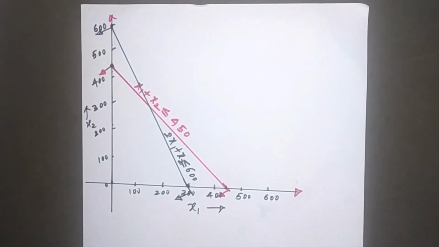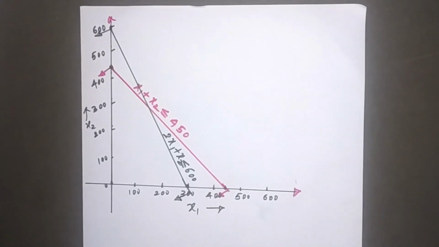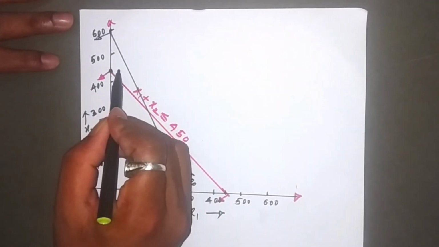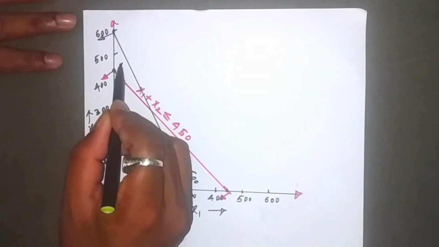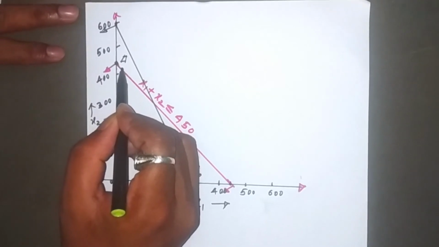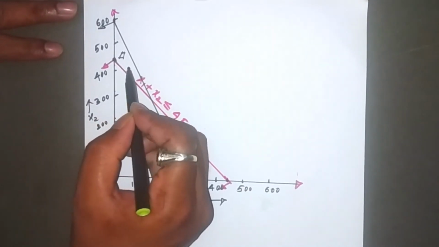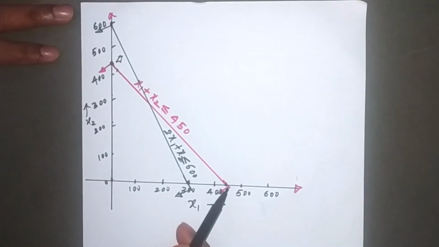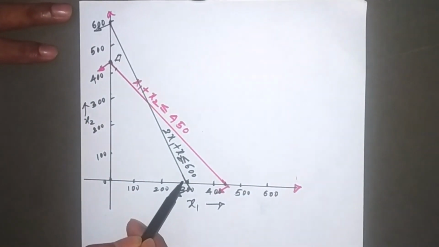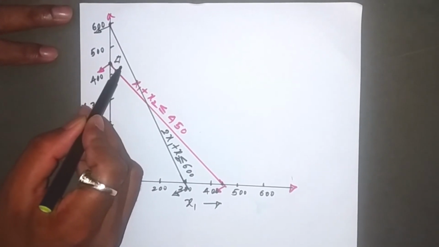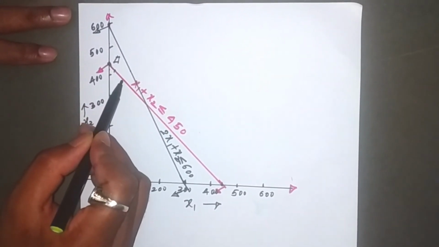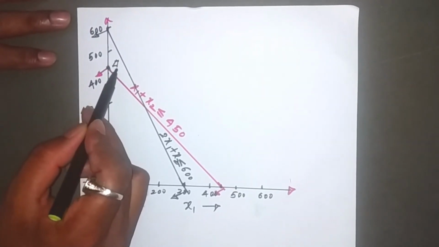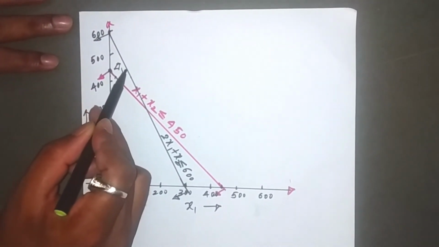The feasible region is the region which can satisfy both constraints. For example, if I select this area as feasible, what happens? This area is not going to satisfy this constraint, that is this red color line, but it can satisfy this one, correct? This region is below this, so it can satisfy this, but it is not satisfying this, since it says the solution will lie below this, and the region I have selected is above this. So this is not the region.